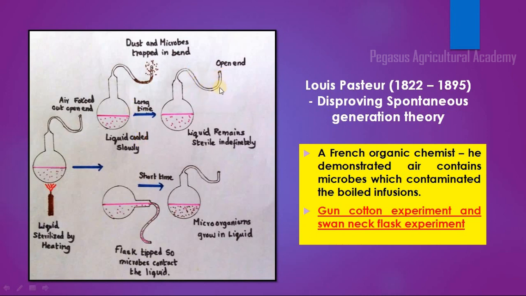He just made a flask so that the dust and other microorganisms get trapped in the neck of the flask. And then after a short time, if you bend the flask so that the broth present inside the flask comes in contact with the trapped dust, it will get contaminated, and afterwards there will be a growth of microorganisms. This swan neck flask experiment completely destroyed the belief of the supporters of the spontaneous generation theory. Okay,